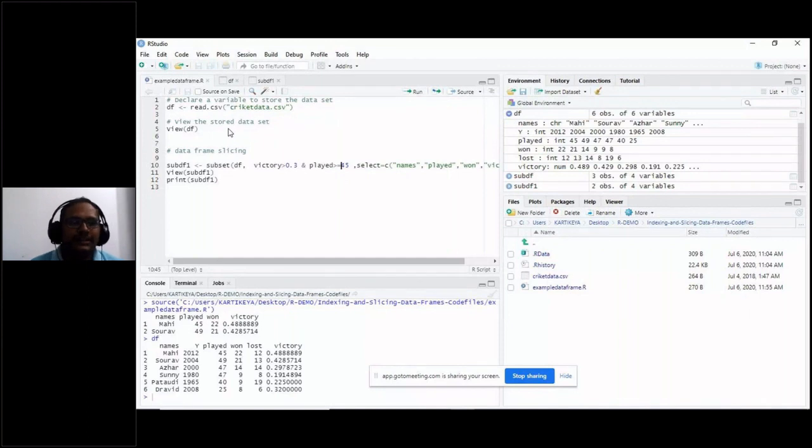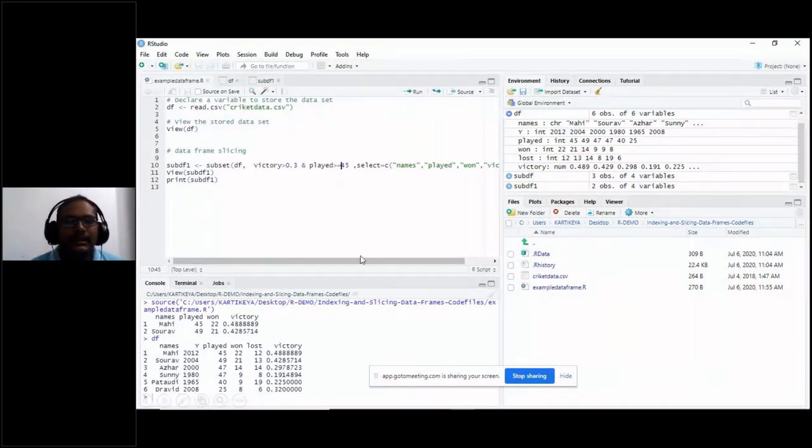Now see, again this example I have taken to explain, can we go for more than one condition? In this particular case, I have taken the same data set df. The condition is victory is greater than 0.3, and you want to display played is also greater than or equal to 45.